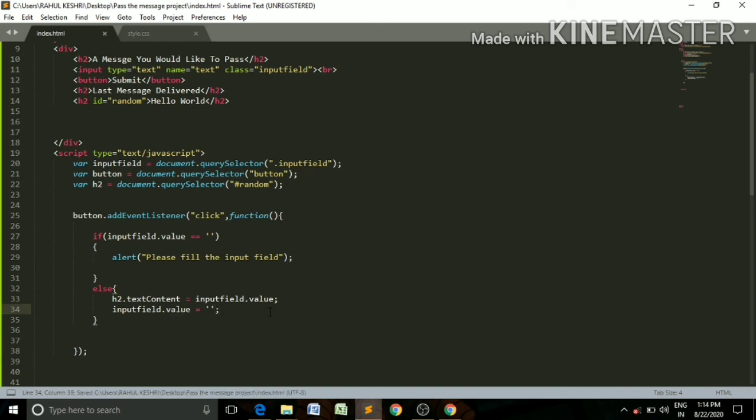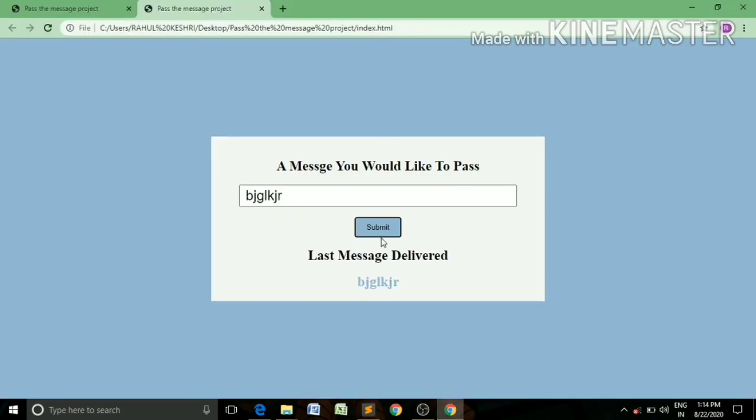After that, it will be removed. For example, Rahul Kesri. Submit. Rahul Kesri appears in the place of the h2 heading, and the value of the input field is removed.